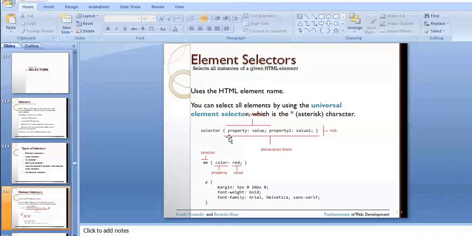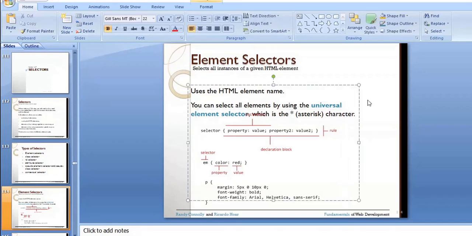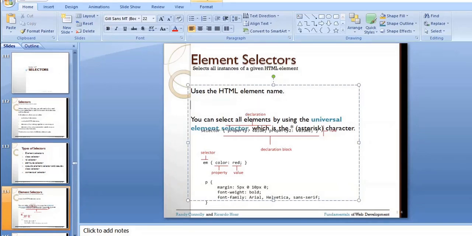If you want to apply this property or this style for multiple tags, for multiple HTML elements, in that case you just specify the selector names. You can just specify the selector names with a comma separator. I'll just show you. I will execute small programs and I will show it later.